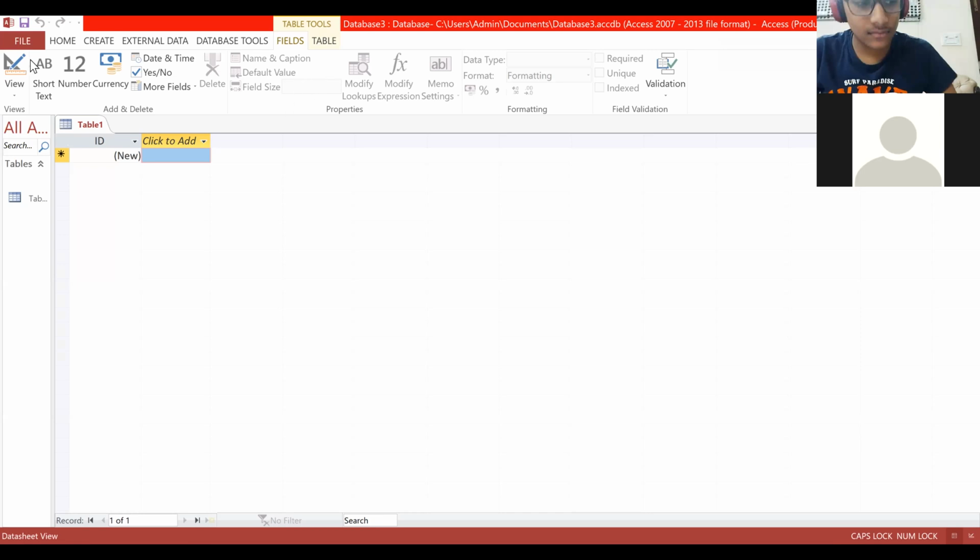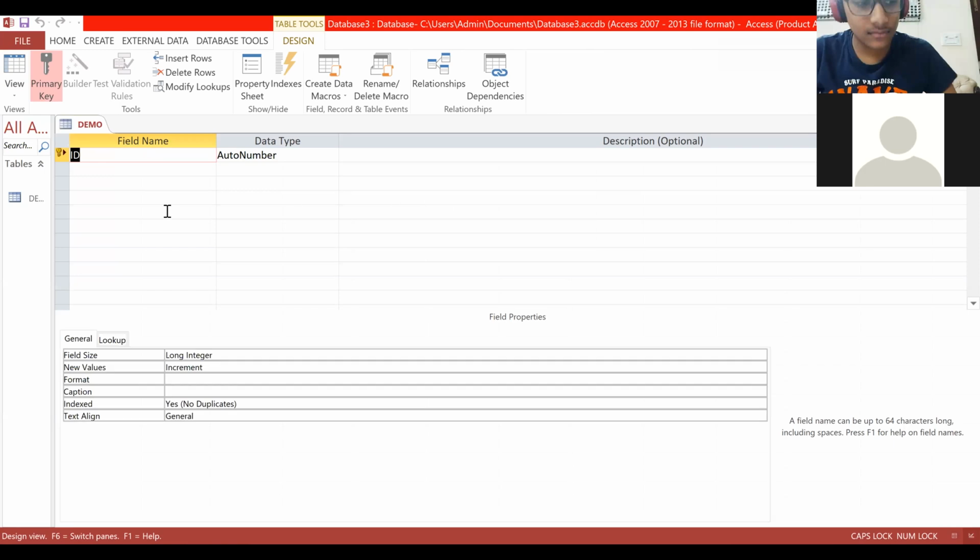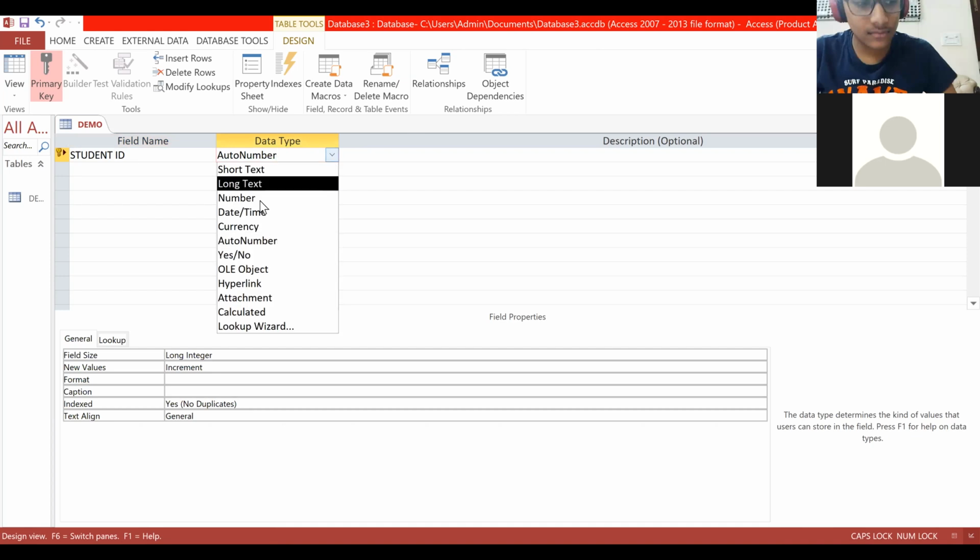Blank desktop. So the default view is what? Datasheet view. But in which view can we add fields? That is design view. We have to add fields first, not the records. First fields should be added in the design view. It will ask for the table name. Table 1 you can give, or anything. Okay, demo. The first one is Student ID. It can be auto number or just a number.